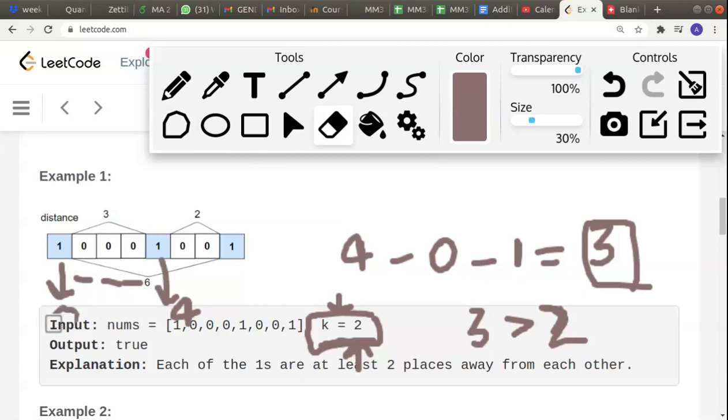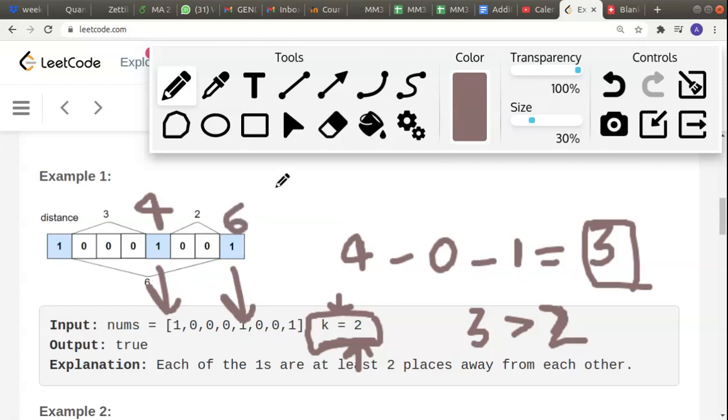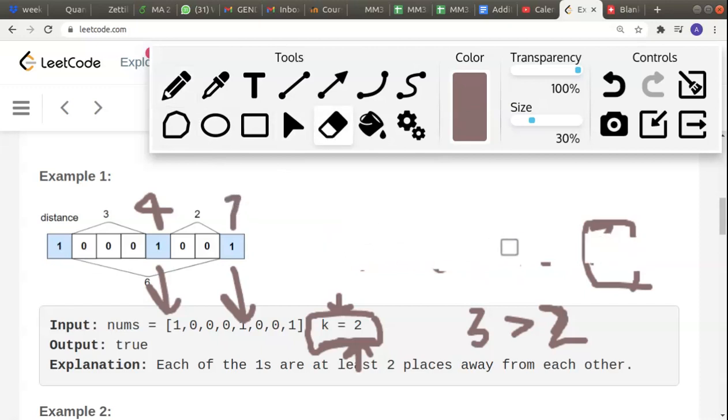Now we will move forward and check for the next two ones. In this case, this one is at index 4 and the next one is at index 7.